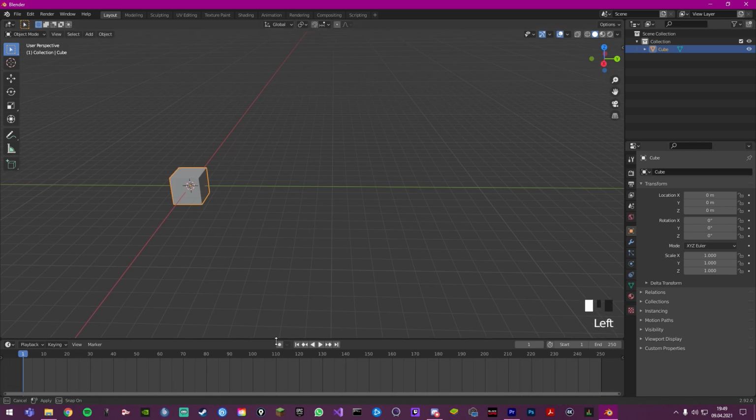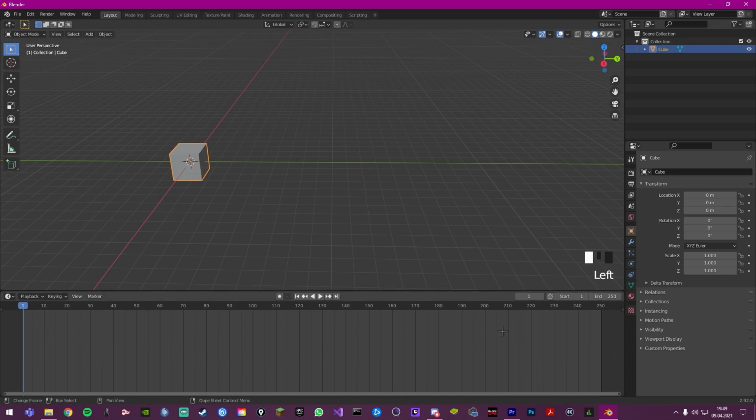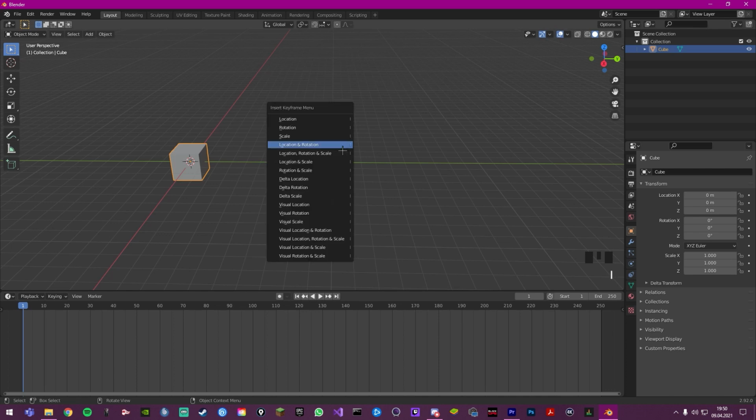So we're going to extend the timeline a little bit, and here we're going to see the keyframes once we inserted them. So first of all, we want to move and rotate the cube, so we're going to insert the keyframes for rotation and location. So we're going to press on I, and now you can see we have the insert keyframe menu. Here you can select which keyframes you would like to insert, location, rotation or scale, or two of them, all of them, and so on. We're going to go with location and rotation,